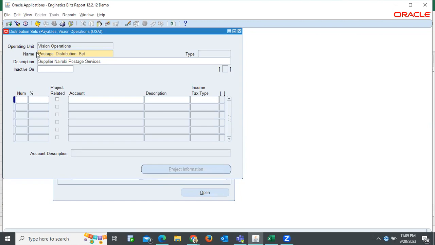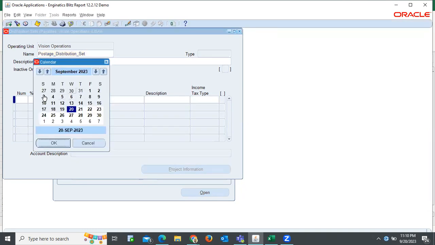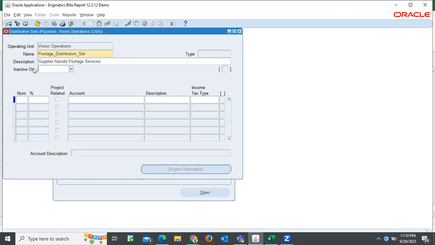Same case, you can copy the name of your distribution set and paste it under the description as well, and it will work perfectly. Then if, for instance, you need this distribution set not to be used after a certain date, you can provide the inactive on date. So here you can just press Control L and select the date that you need under inactive on. That is, if you want this distribution set not to be used in some future date. So once you're done with this,